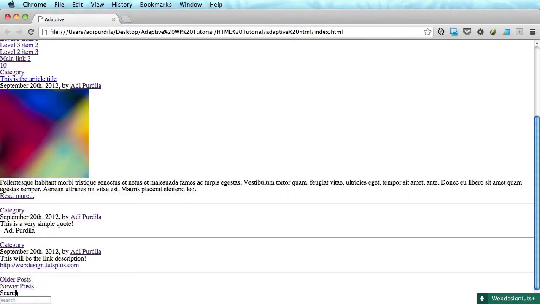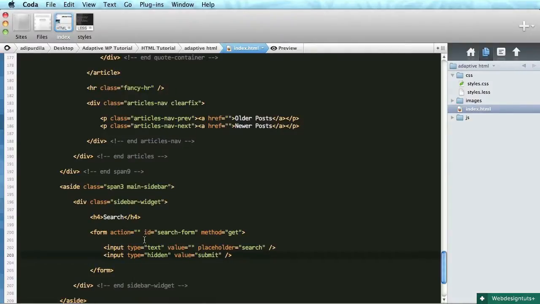Delete it and it's gonna reappear. Now kind of a workaround for this is to use JavaScript. So instead of placeholder, we'll use a value first, search, and then we're gonna say on blur, we'll do if